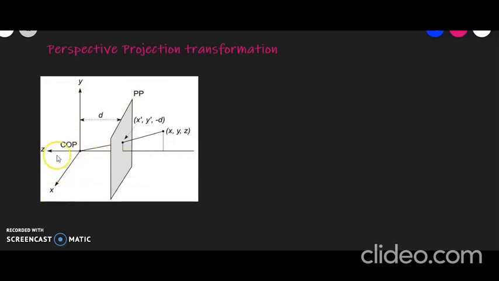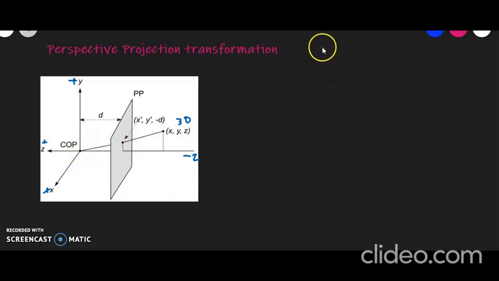with x, y, and z. So this is your positive x, your positive y, and positive z, right? So if this is positive z, my z negative is here, this is minus z, right? So my view plane, that is my projection plane, is at negative z, and it is at a distance d from the origin, right? So d is any distance from the origin where my projection plane lies, and my original point P(x, y, z), that's my 3D point, is somewhere out here. Now I want to project it on my projection plane with the center of projection given to me at the origin.